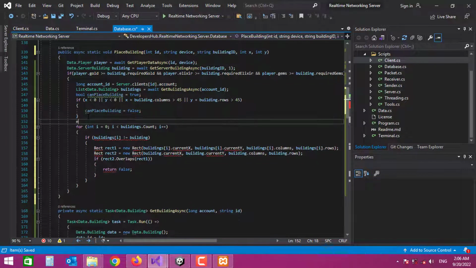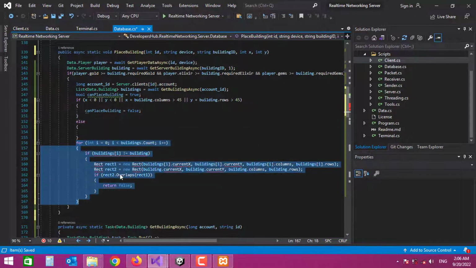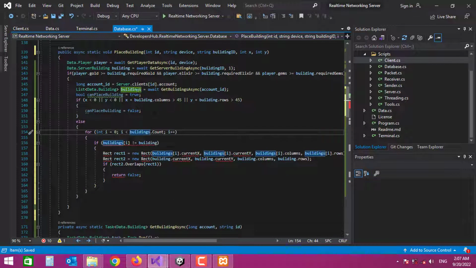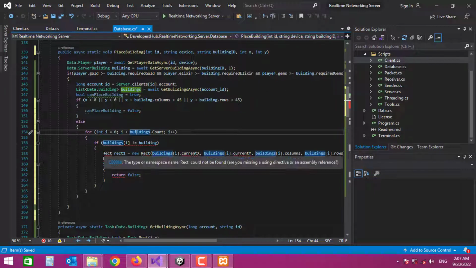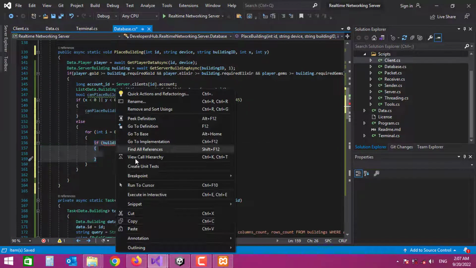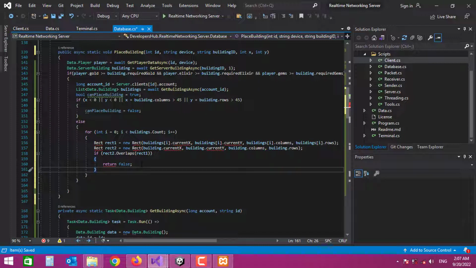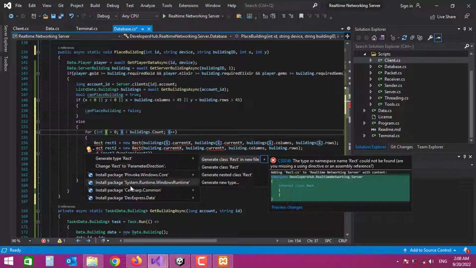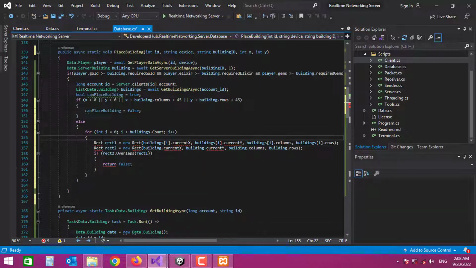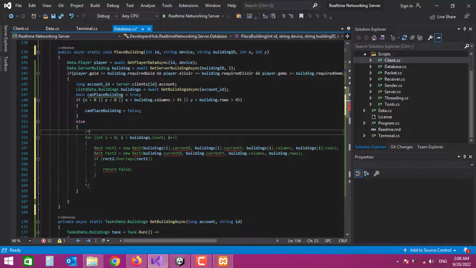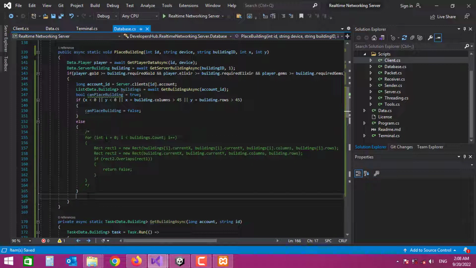And now here we're gonna add an else. We're gonna loop through this buildings array we have, which is a list of the buildings that the player has. We don't need to check if this building is the same building in this list, so let me just remove that. Unfortunately, as you can see, Rect belongs to Unity Engine and we don't have access to it in our server. So for now, I'm just gonna comment this. We're gonna get back here. We're just assuming the tile is available. So finally here we're saying if can place building,